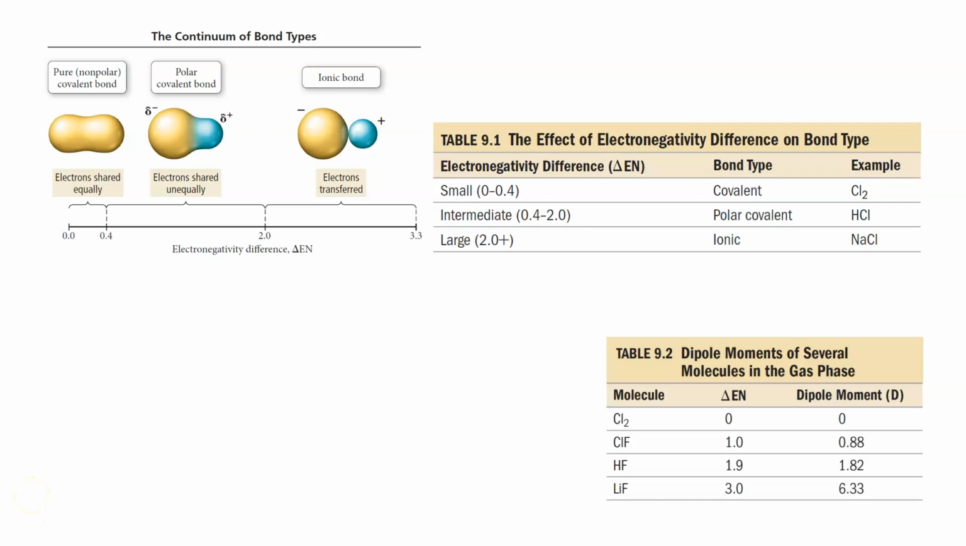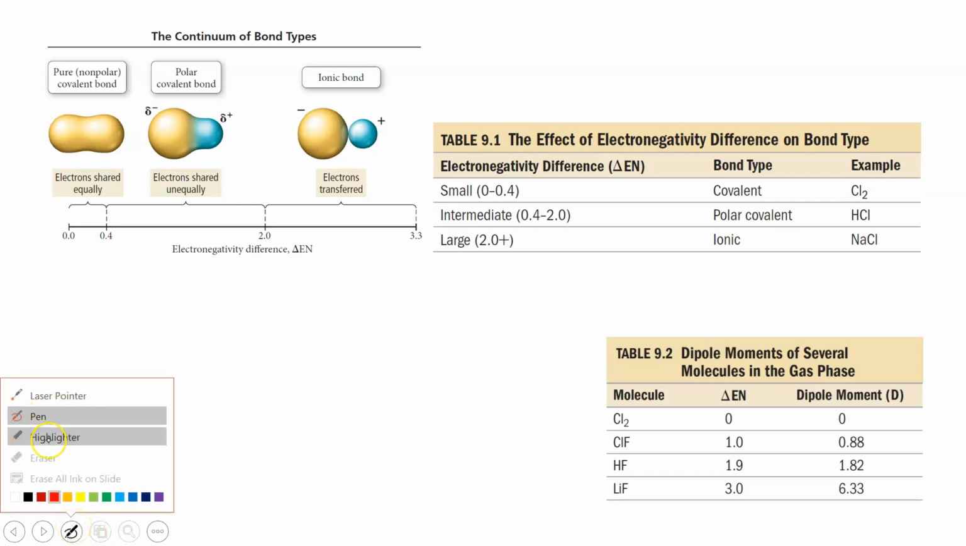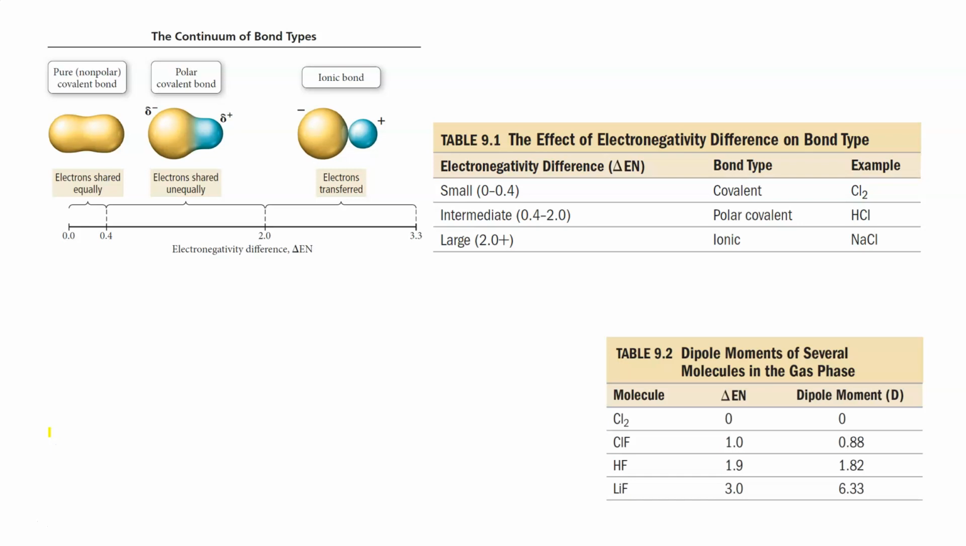All right, last couple slides on this set of notes. There's actually a continuum of bond types, so that means it's not just a jump from one bond type to another. We start at one extreme, which is pure nonpolar covalent bonds, where there is absolutely zero difference in electronegativity. And then on the other extreme is a very strong ionic bond where there's a huge difference in electronegativity, something like 3.3,